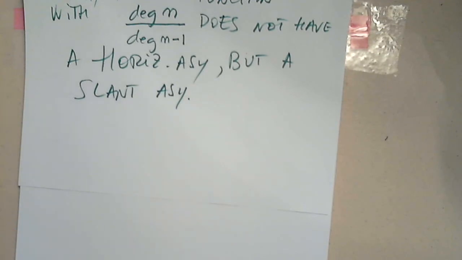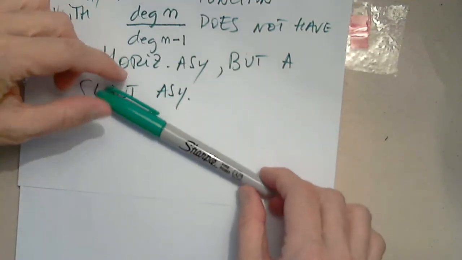It may have vertical, sure, but it will not have a horizontal asymptote, but it will have a slant